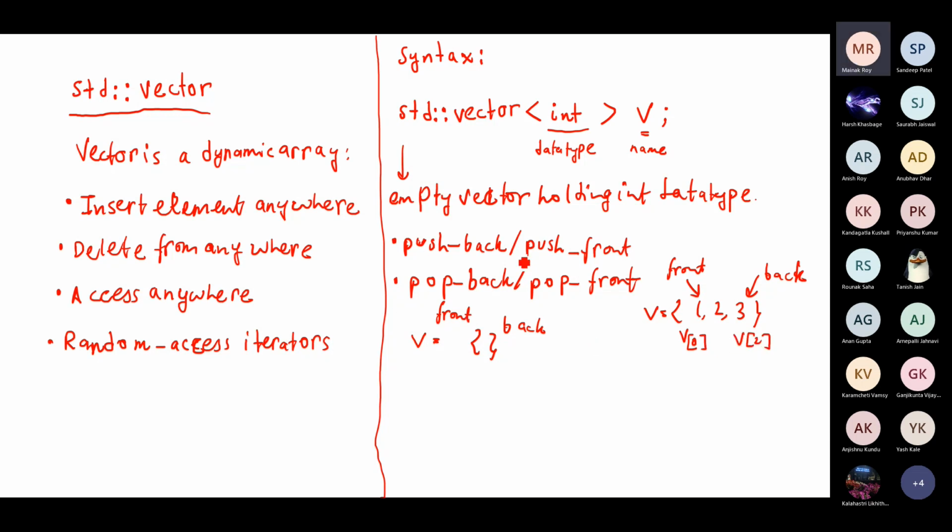Now push front, I mean push back, what it does is inserts an element at the back of the vector. So if I now did v dot push back, by the way, the thing here is that we'll write this name, then we'll write a dot, and then we'll write the function name. And then we'll pass any arguments to it. This dot is called